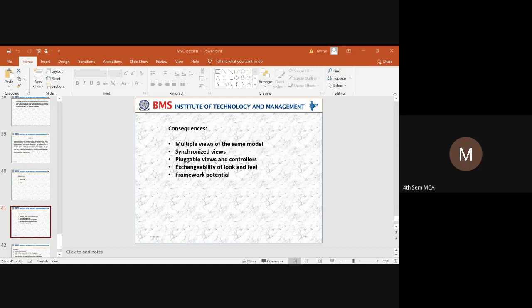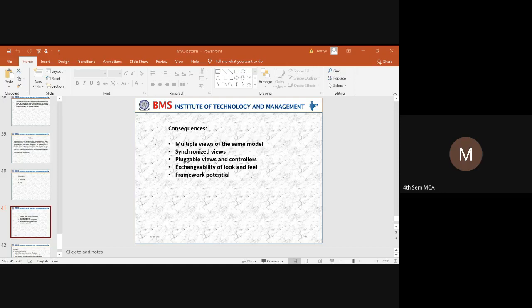Either you can replace a view, or you can replace a controller object of the model. So the views and controllers are pluggable, and if any changes are required, it can adopt those changes. It depends entirely upon a user interface where the objects are going to be abstracted at runtime.